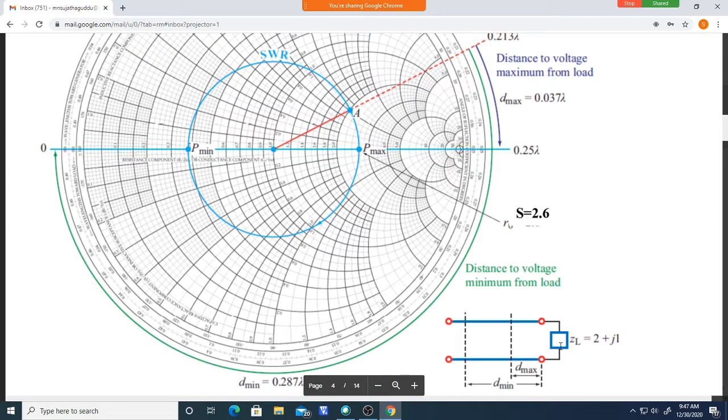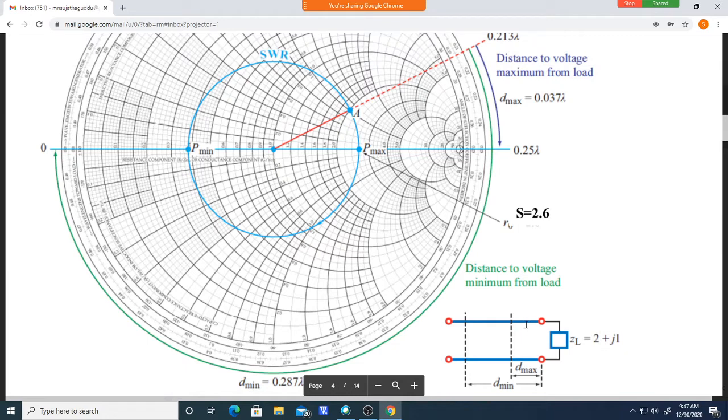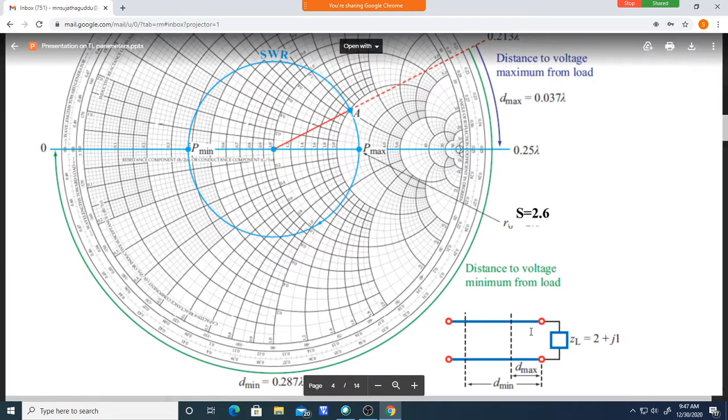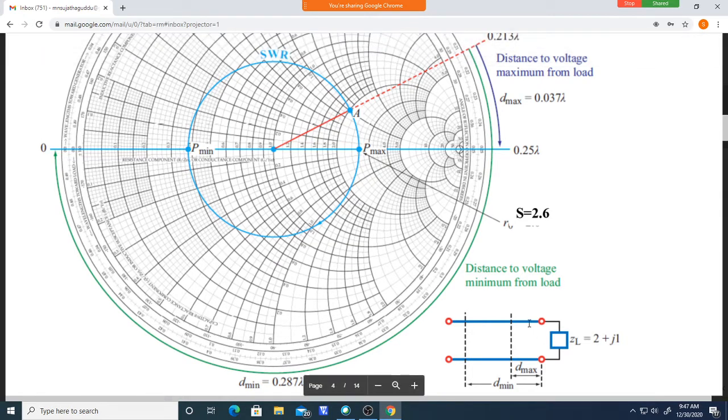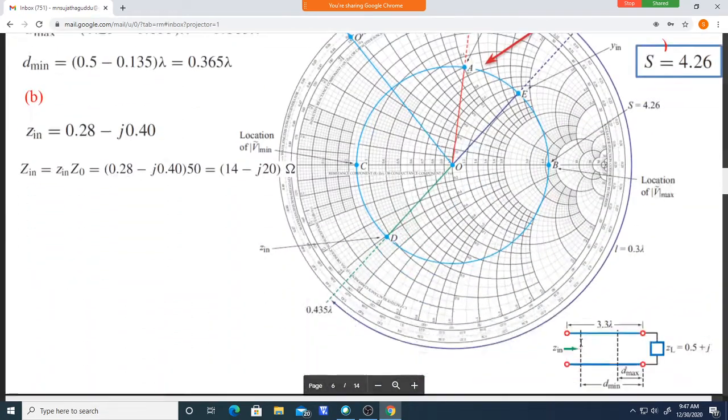Okay, so now we know how to measure the impedance. For example, I want to measure at some distance. For example, L is given. What is the impedance at a particular distance? If a distance is given on the transmission line, you can easily measure the impedance variation at that particular position. For example, 0.1 lambda. What is the impedance at 0.1 lambda from the load ZL? For example, the question may be like this.